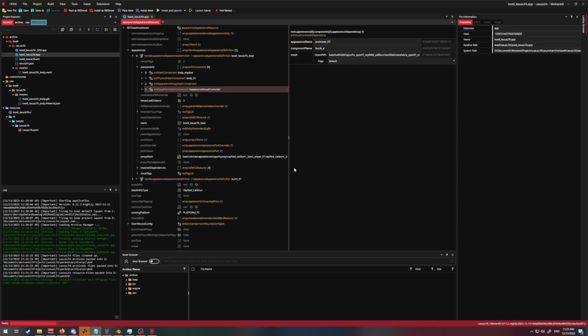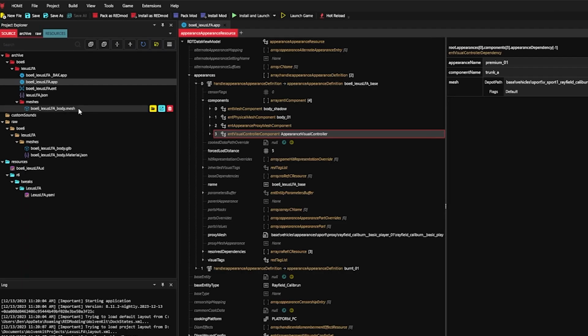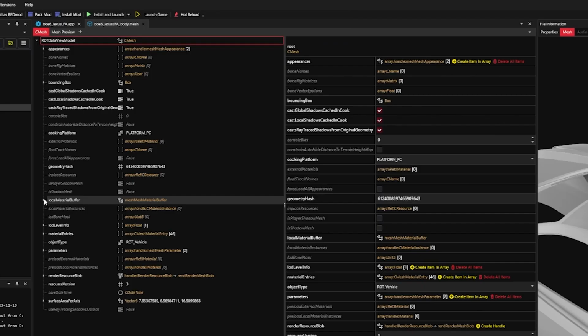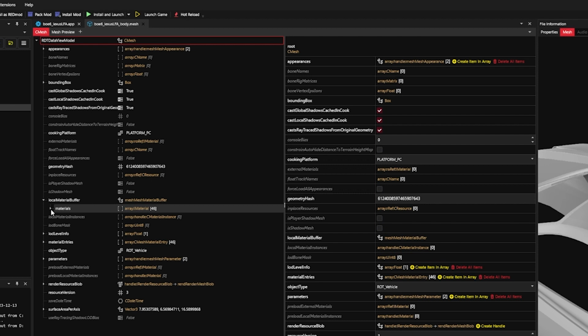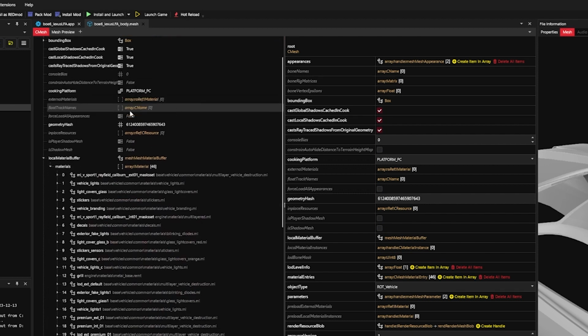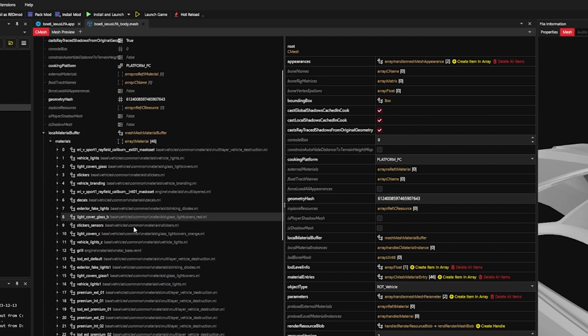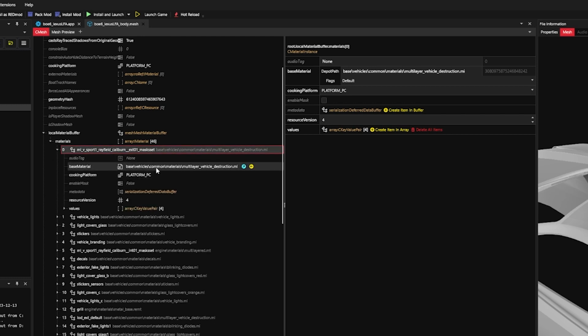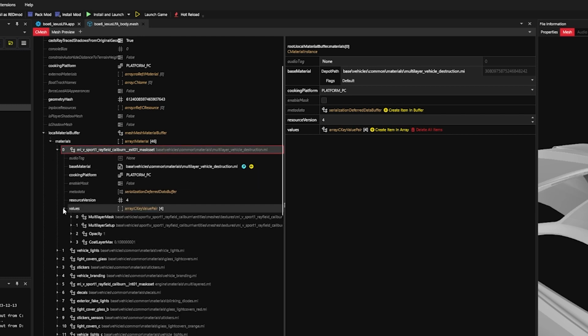Go back to Wolvenkit, and we're going to open up our body mesh. Open up the local material buffer in the materials list. This will be a list of all the different textures, materials that can be used on the vehicle. Your vehicle name followed by mask set. This will be the typical exterior materials for a vehicle. Go ahead and open up the values